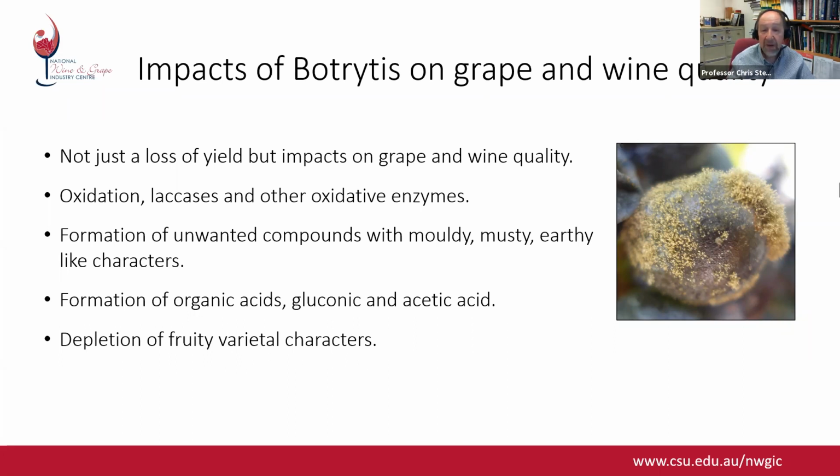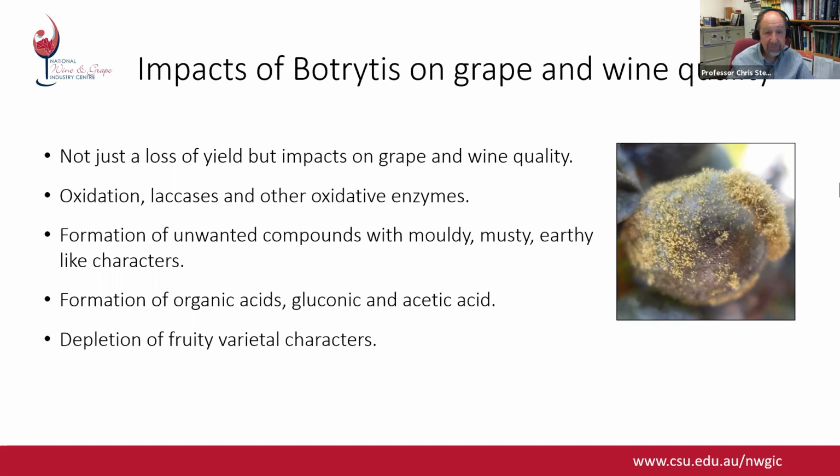And we've been looking at how perhaps we could use these as a way to quantify Botrytis in grapes. The other obvious impact is formation of organic acids, notably gluconic acid, but also to some extent acetic acid. Often this is coming from the growth of other organisms, particularly acetic acid bacteria on the berry surface that occur naturally. And when the grapes are damaged, then the acetic acid bacteria take off and produce high levels of